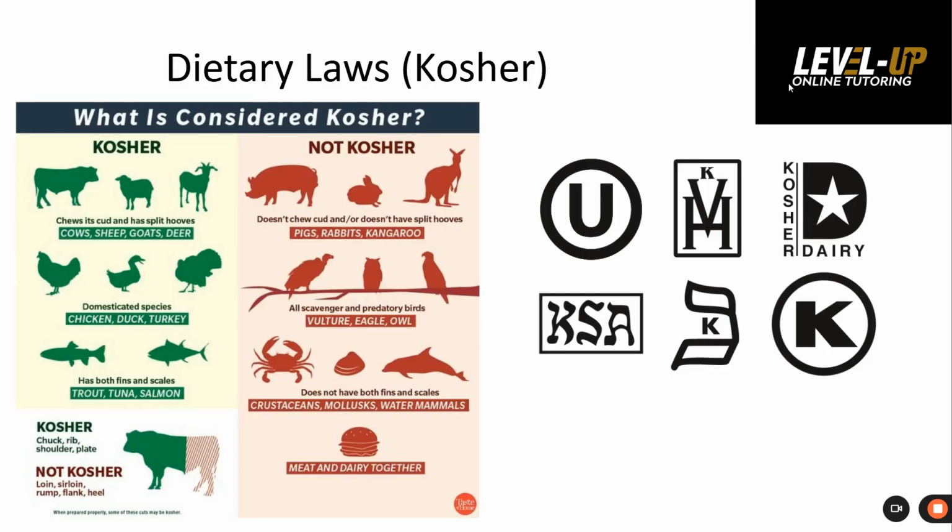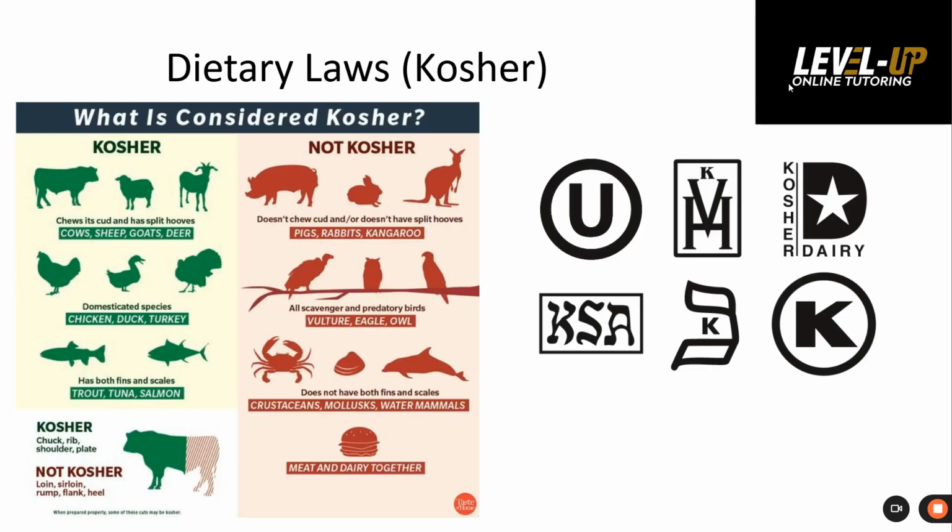So foods that are considered kosher are animals that chew their own cud and have split hooves. So chewing their own cud, what that means is that when they digest something, usually animals that have multiple stomachs will regurgitate or throw up that food they've consumed once and re-chew it, making sure they get all the nutrients out of that food before digesting it a second time. So that would commonly be things like cows, sheep or goats. Those sorts of animals chew their own cud.